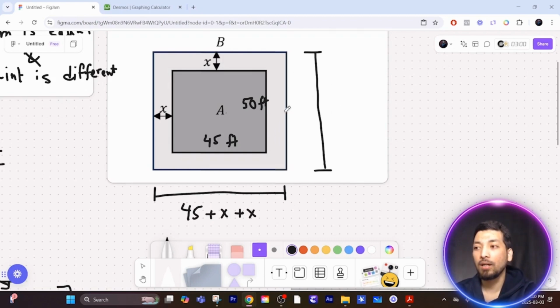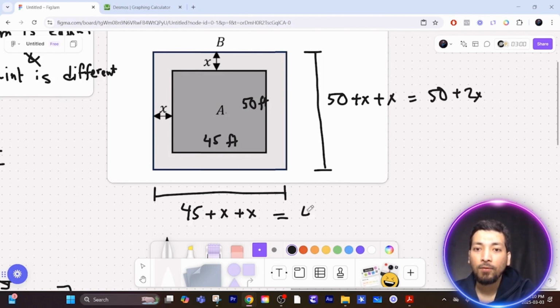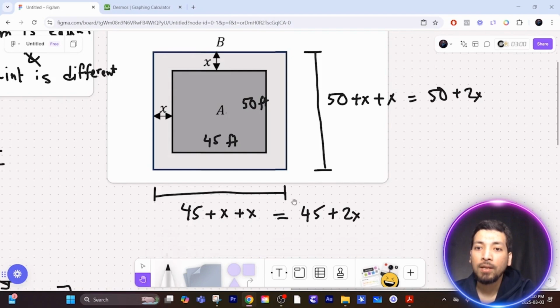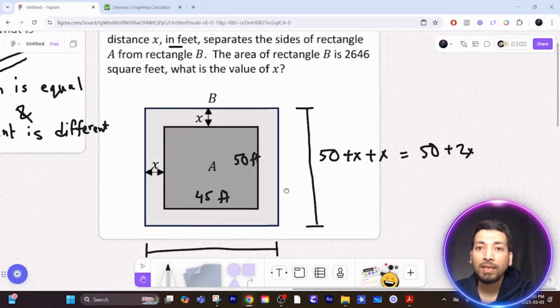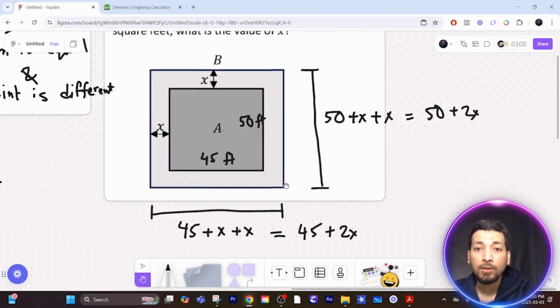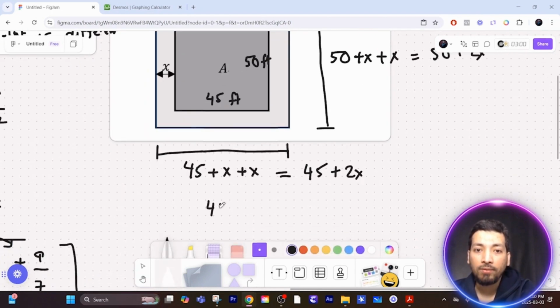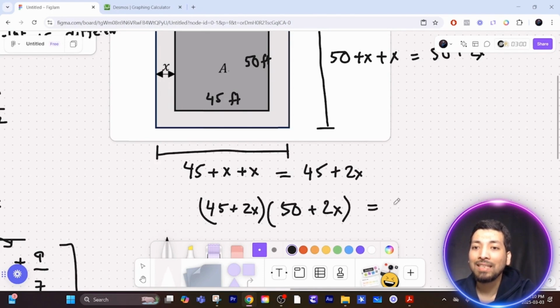This is where the students are getting into trouble. They don't know how to find this new length or the new width. So this is 50 plus x plus x. Now that is 50 plus 2x. And the length is 45 plus 2x. Once you know the length and the width, the area of the rectangle is basically length times width. So we can do 45 plus 2x, this is my length, times the width, which is 50 plus 2x. This is my width, and this is equal to